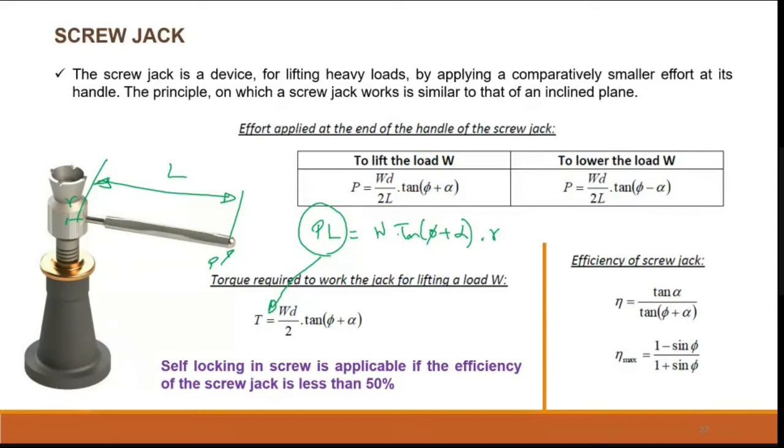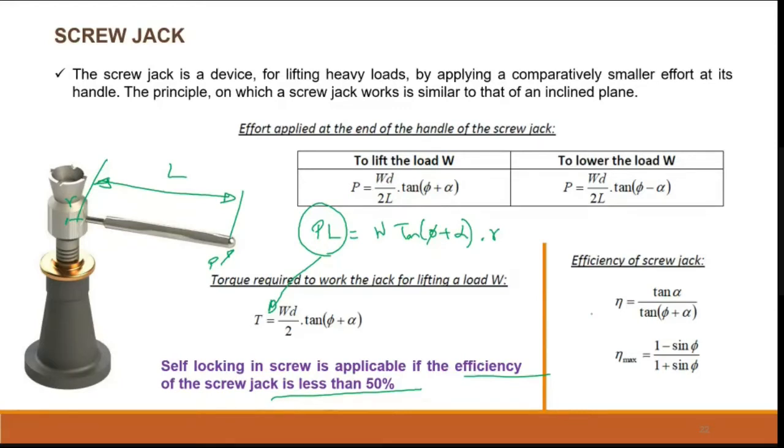Now consider this is the torque. If I want to have a self lock, which means that when you lift the load it should not lower down, then the efficiency of the screw jack should be less than 50%. The efficiency of the screw jack should always be less than 50%. Then only I can say that your screw is self-locking. Which means once you turn in one direction, it will lock until you turn it to lower down, or until then it will be locked at that particular position.